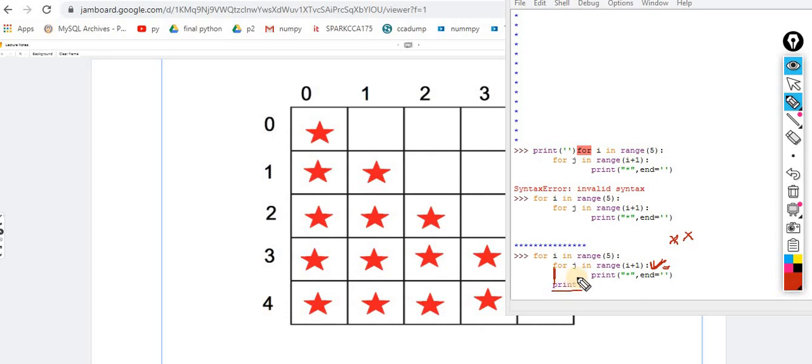Run this statement. When this statement runs, the control travels to the next line, and again the i value will change. The i value will change to 2, and again it will execute. This time it will run 3 times and print 3 stars. After completion of this task, this would happen again. The meaning of this is that earlier the cursor was blinking over here. Now when this line is implemented, the cursor is moved to this. Again it prints these stars, and so on.